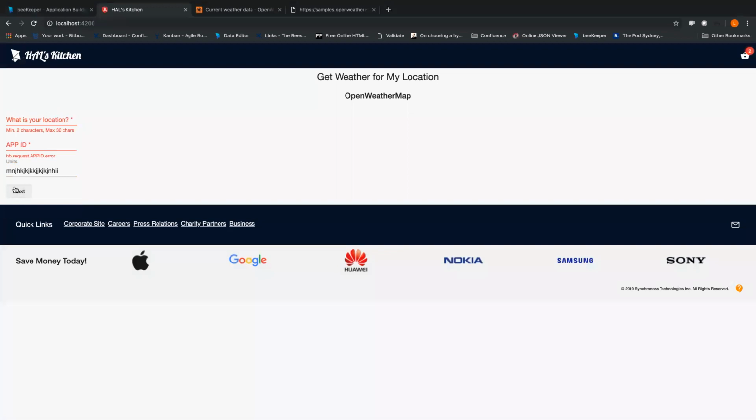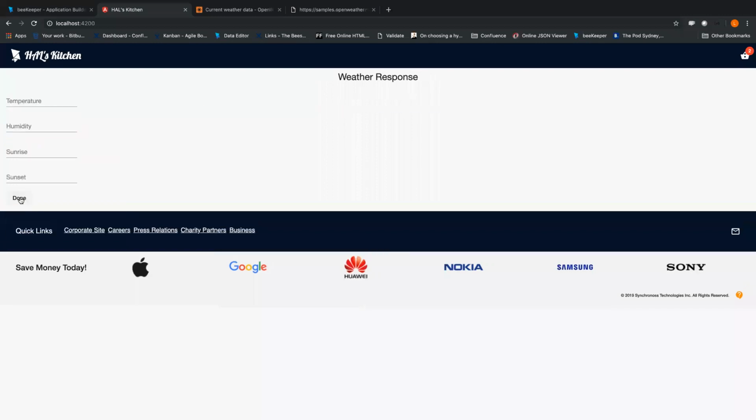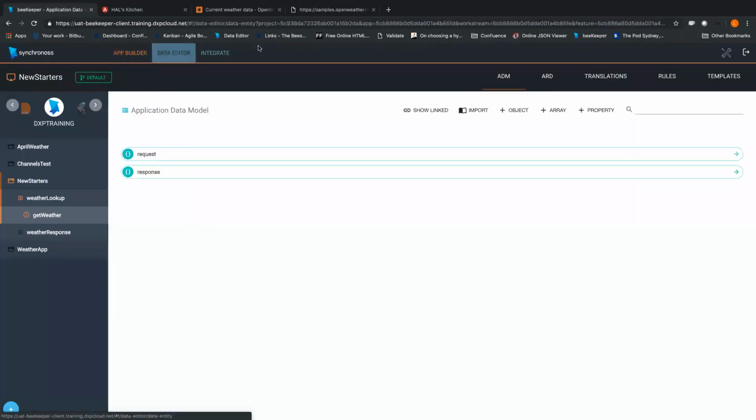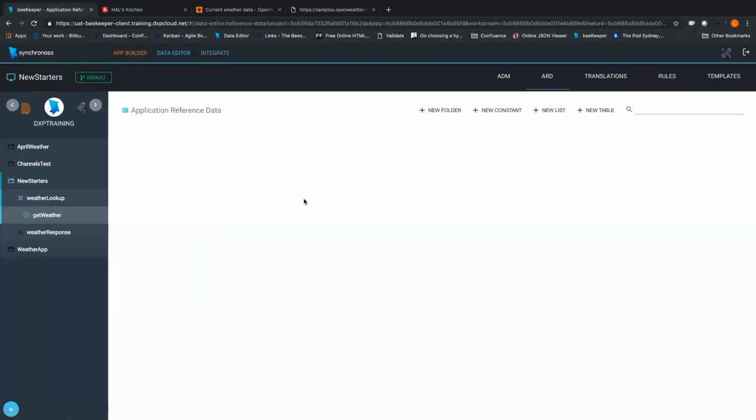We do need to have some sort of information, and we also need to go by the validation on the actual field itself. So, yeah, valid. Cool. Now, let's make it super easy for the user. So I'm going to create a new list, which explores another area in data editor called ARD. I did briefly show you this earlier,